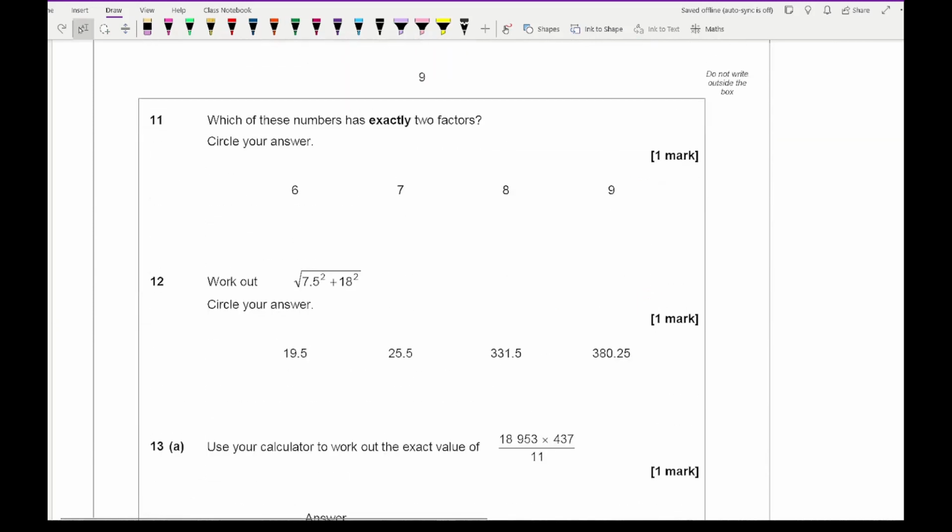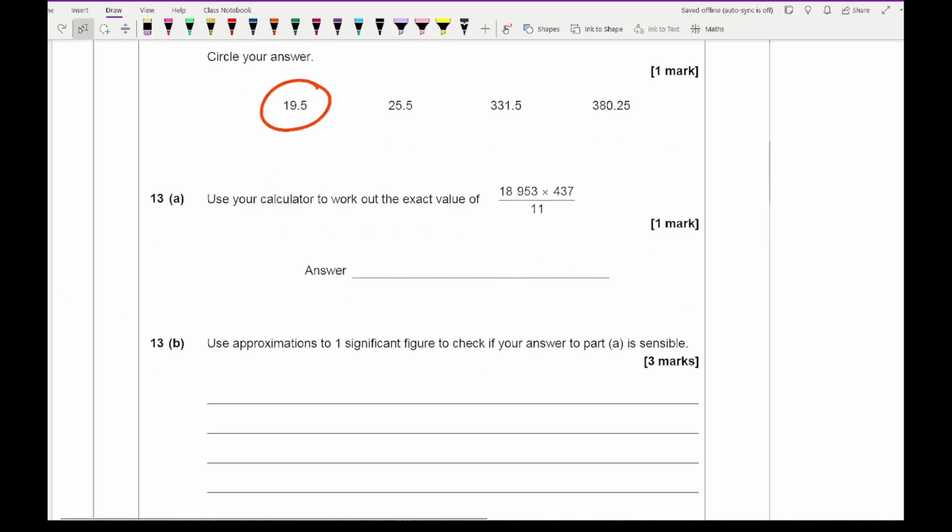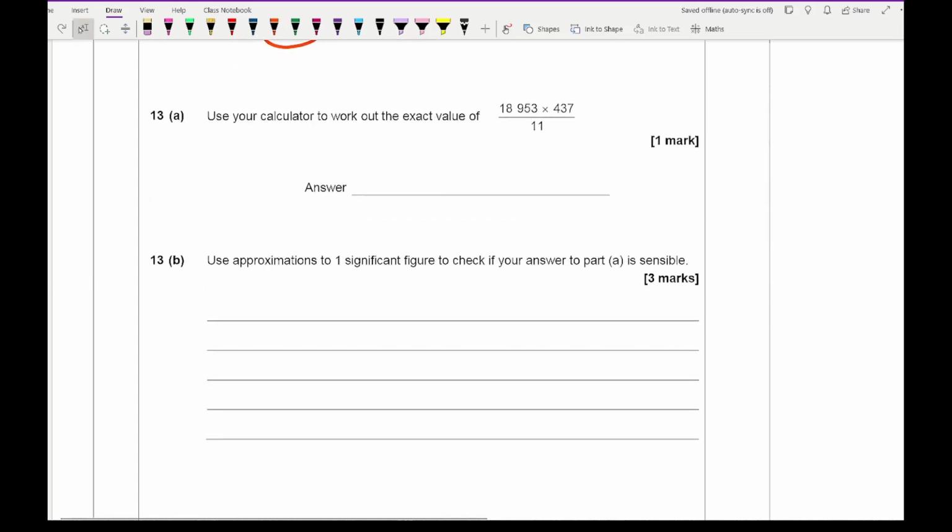Then with question 11, it says which of these numbers has exactly 2 factors? So in other words, which of these numbers is a prime number? And that's going to be 7. For question 12, it says work out the square root of 7.5 squared plus 18 squared. And again, if you just enter that on your calculator, you should have the correct answer of 19.5. The next question then says use your calculator to work out the exact value of this. So again, if you type that into your calculator, you should end up with an answer of